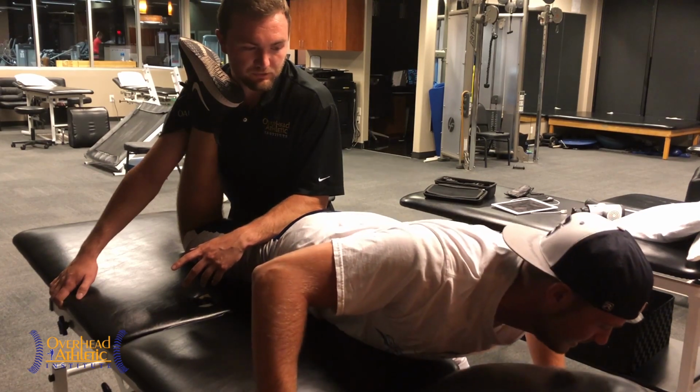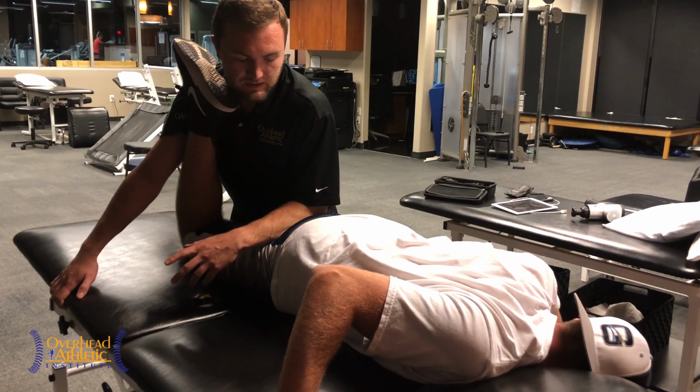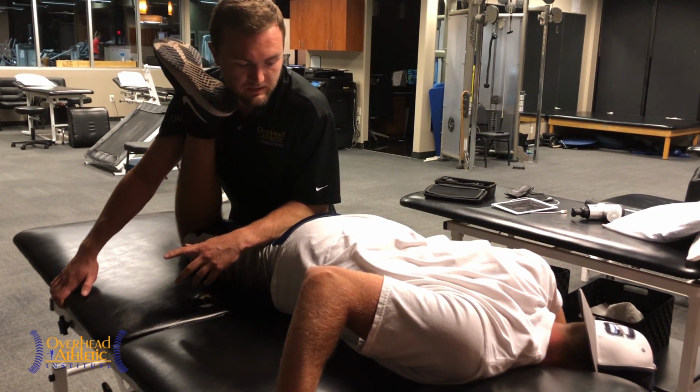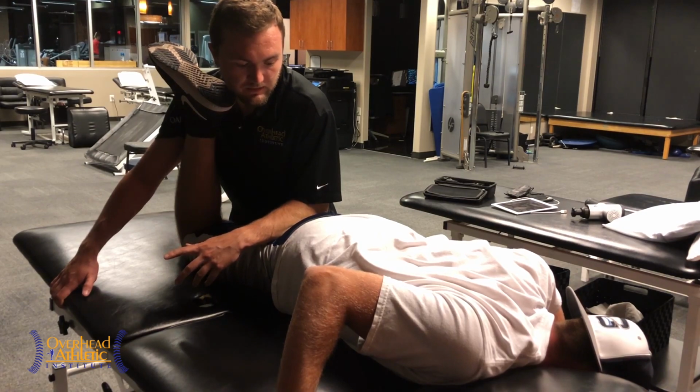So he's got a little stool over there. He's going to lean his whole body over the stool. And I'm going to take up more internal rotation and press. Now, when I do this, he's going to try to rotate his ankle with me. Rotate your ankle towards the wall with me for 1, 2, 3, 4, 5, and then I'm going to slowly